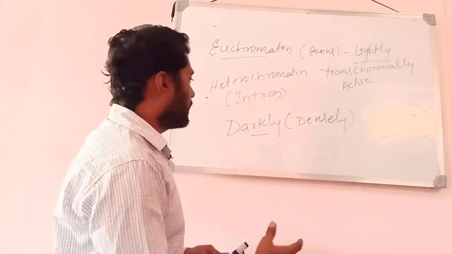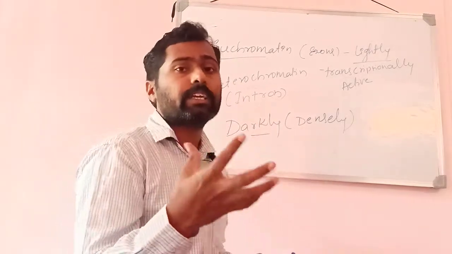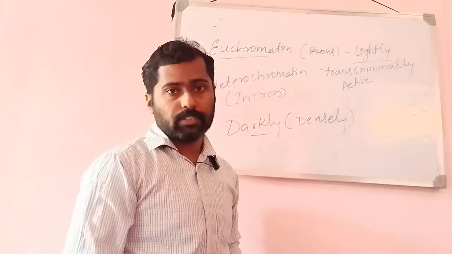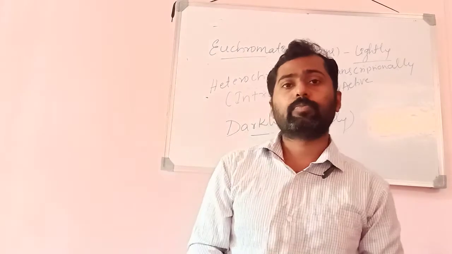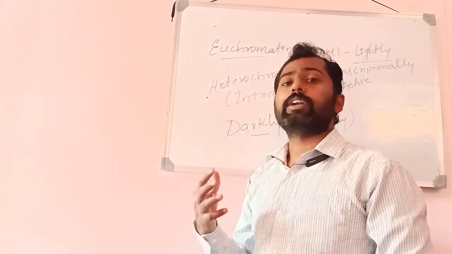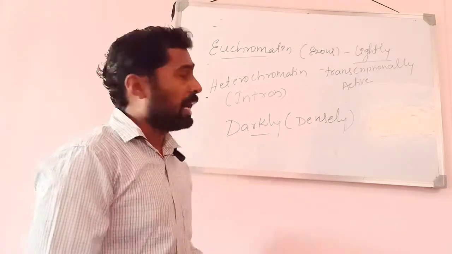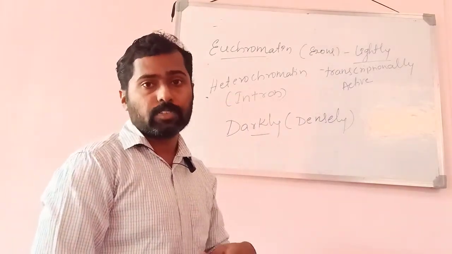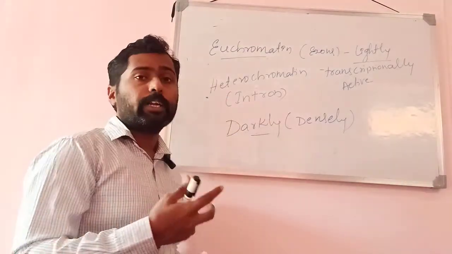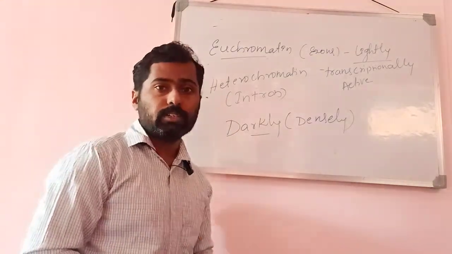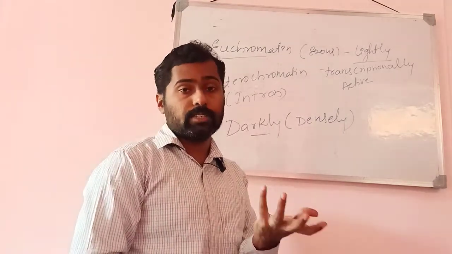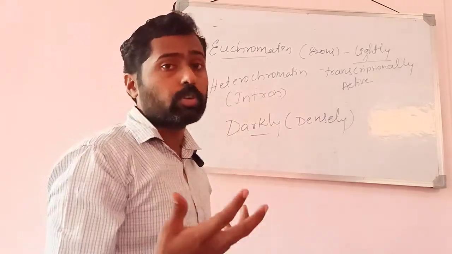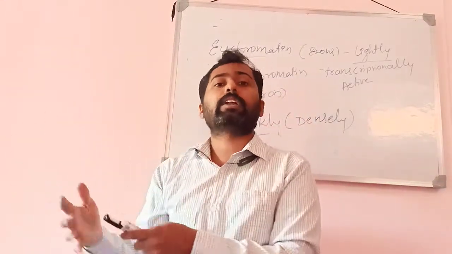Such densely packed areas are darkly stained; if we stain them, they take a dark stain. Darkly stained areas are considered heterochromatin. In human beings, nearly 97 to 98% of the DNA consists of heterochromatin, which means we have more heterochromatin in our chromatin. Only around 2 to 3%, maybe at most 5%, is expressing, and that is the euchromatin region. The remaining regions are heterochromatin.